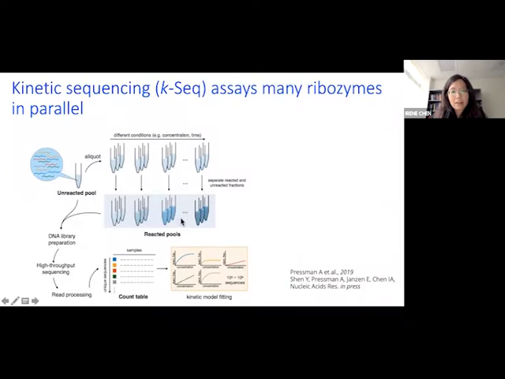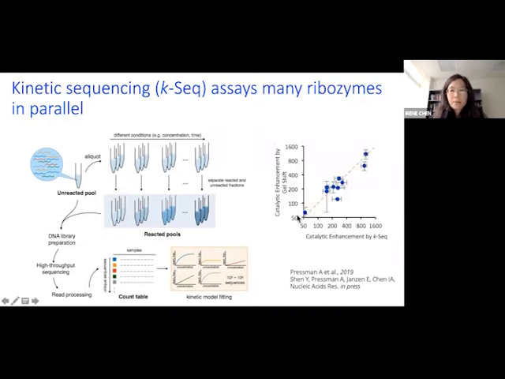In this case, I think we had 4 or 5 different concentrations. We can fit those to a kinetic model, and the appropriate kinetic model for us was a first order model. So we can see that this measurement, which we're calling kinetic sequencing or KSeq, lines up pretty well